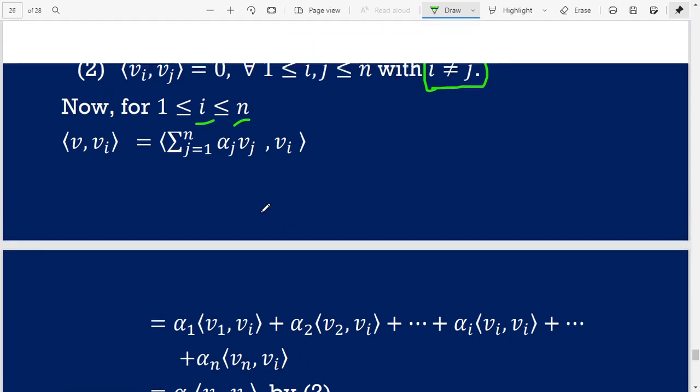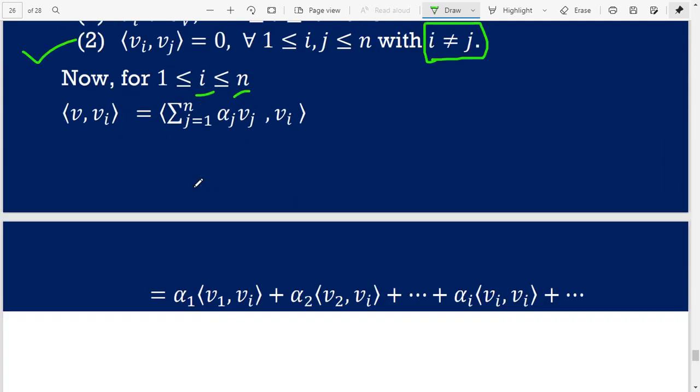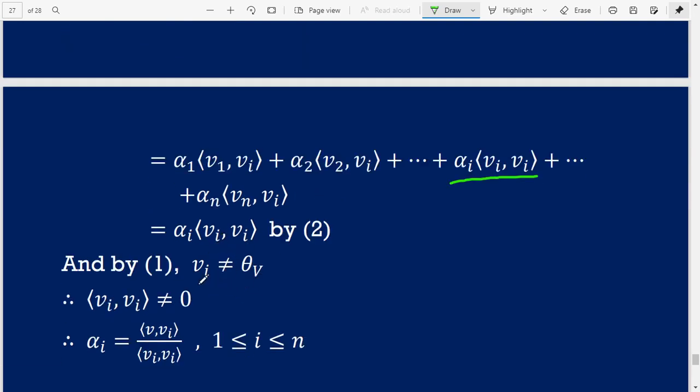By this condition, alpha i inner product vi with vi is non-zero, and the remaining all are 0. So it is equal to alpha i inner product vi with vi. But vi is not the zero vector, so the inner product is not equal to 0. So alpha i is equal to